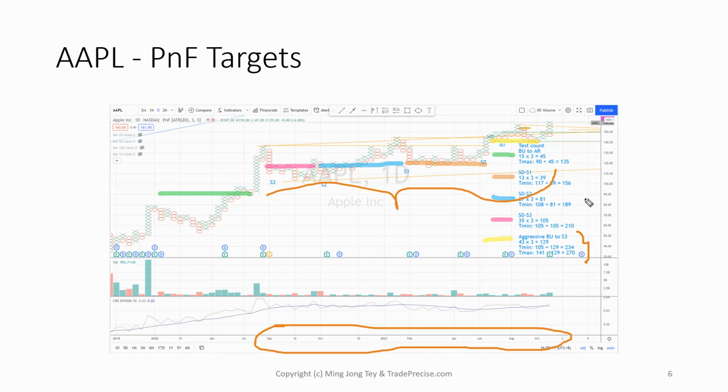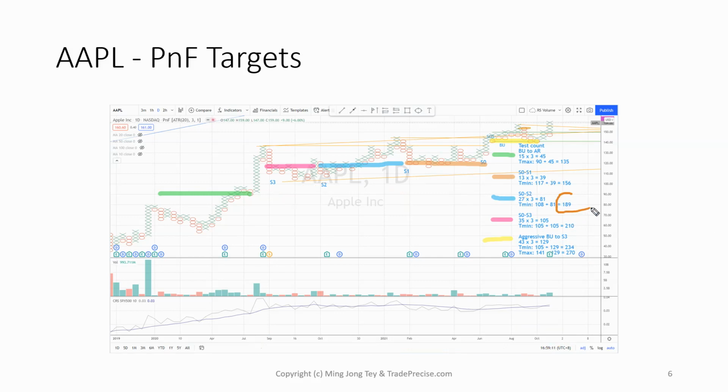So it simply means that there's enough fuel in the tank. So we just need to pay attention to when the price actually hits the price target. For example, the first target is somewhere around 190. When it is close to 190 or hits 190 or 200, we see whether it will have a reaction, forming another reaccumulation. That could be a chance for other people to get in for a position or scale in to add more positions, followed by 210 and also 230 to 270. So Apple, I think, has just completed the reaccumulation structure, and in terms of the targets, certainly there is a lot of fuel in the tank.